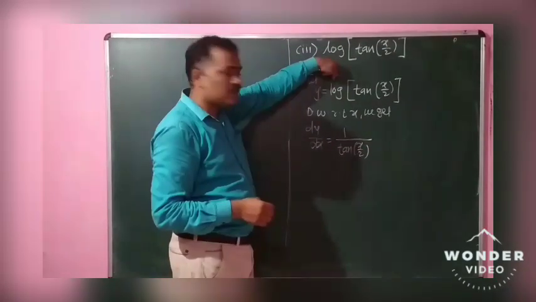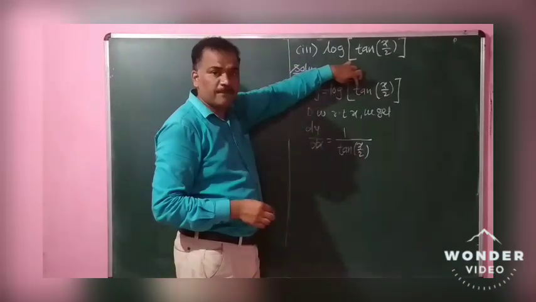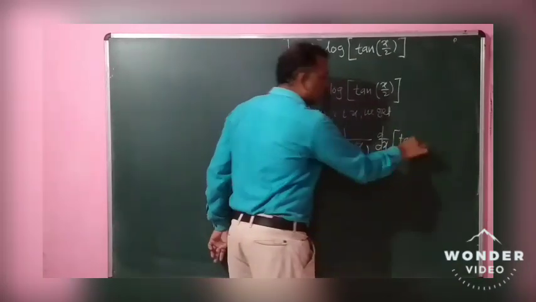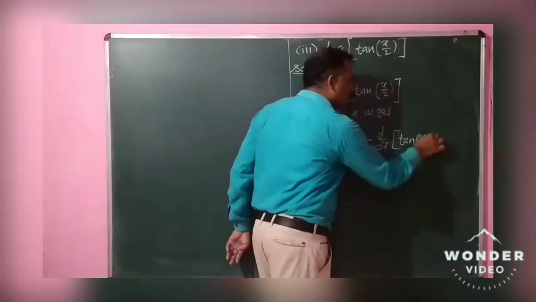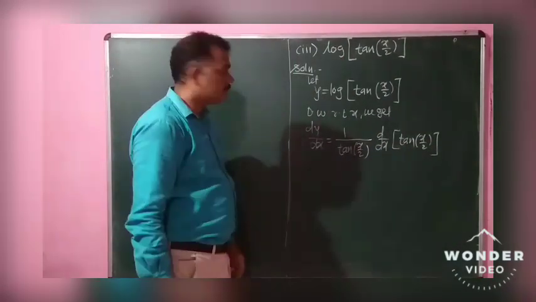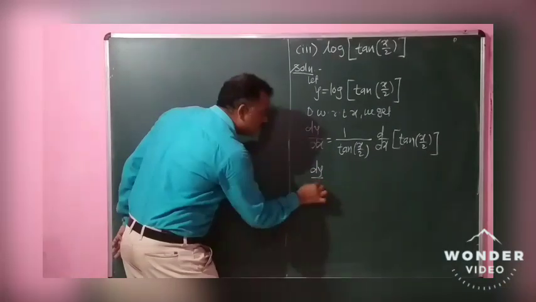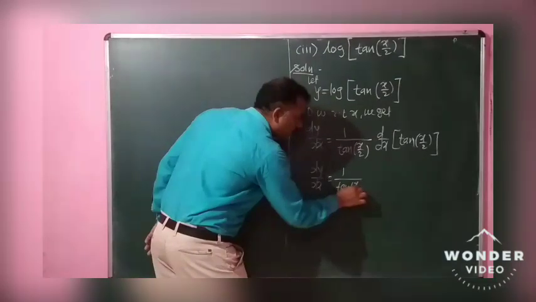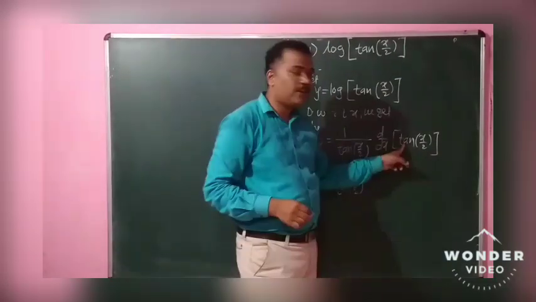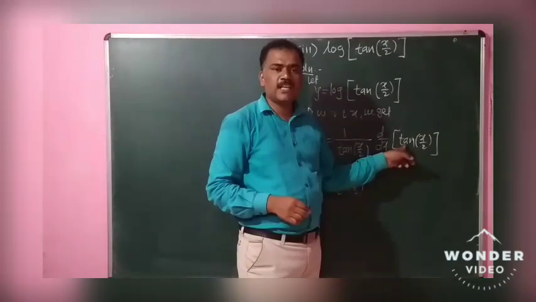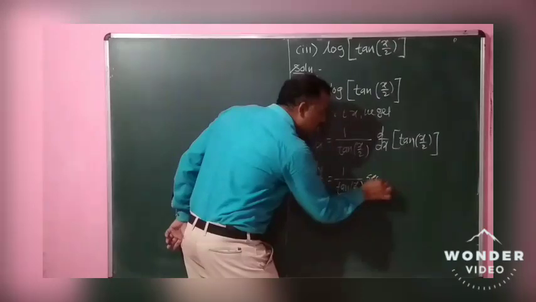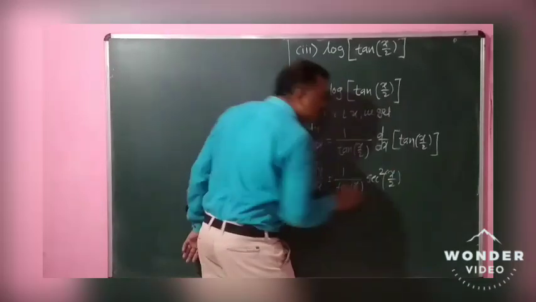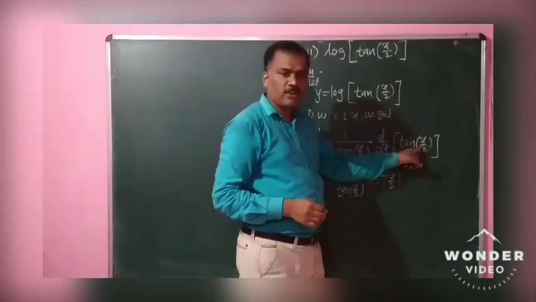We have to take the derivative of first log. Then we have to take the derivative of tan. That is d dx of tan of x by 2. That is dy by dx is equal to 1 upon tan of x by 2. Now we have to take the derivative of tan. What is the derivative of tan x? Sec square x. Instead of x here we have x by 2. That is sec square x by 2 into